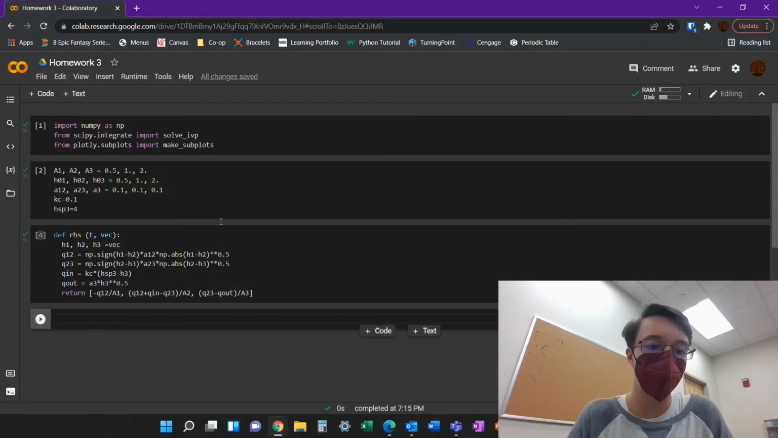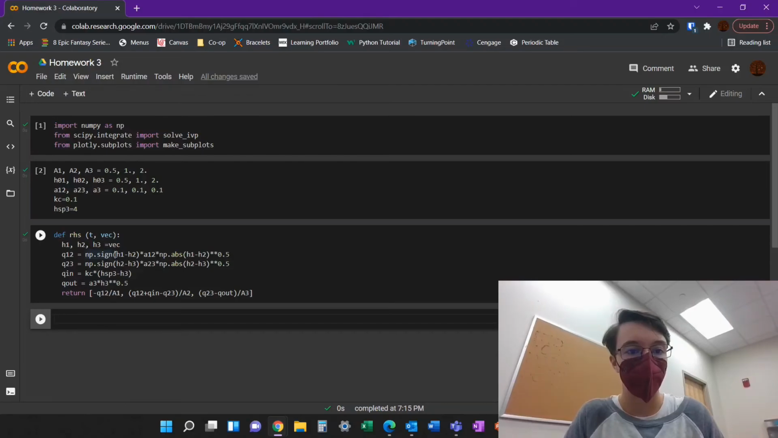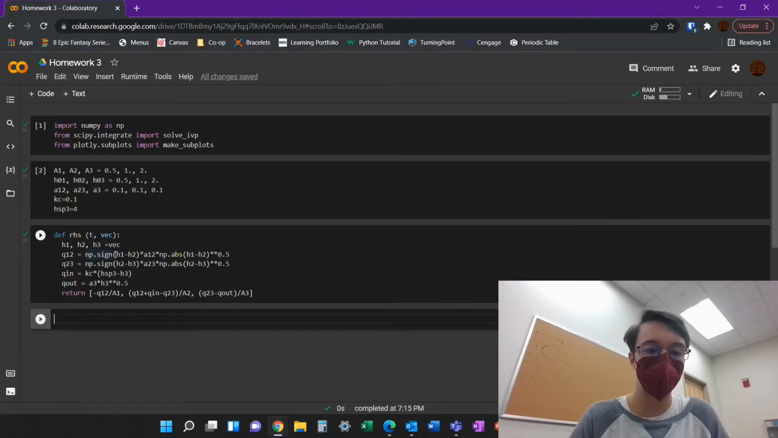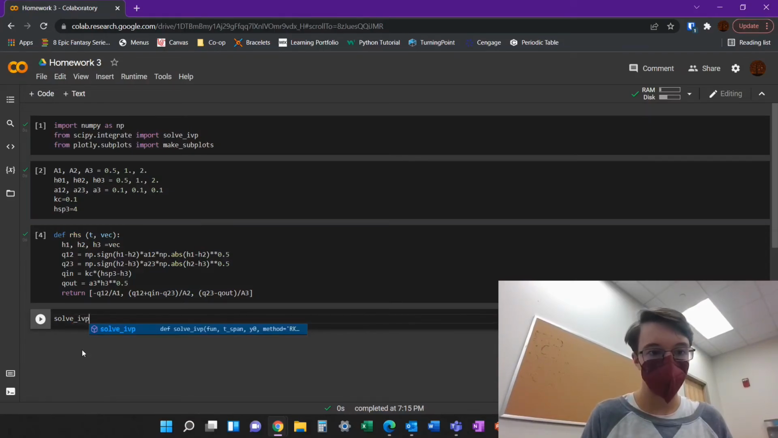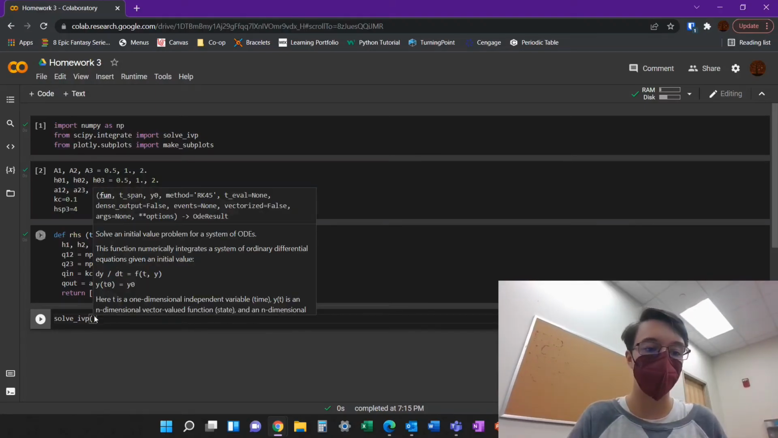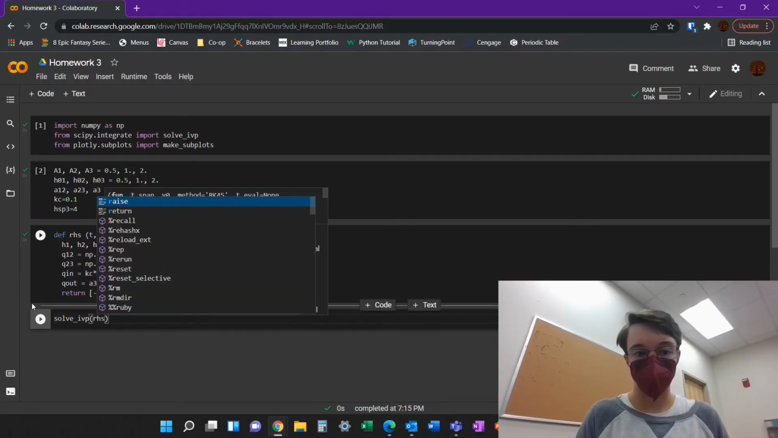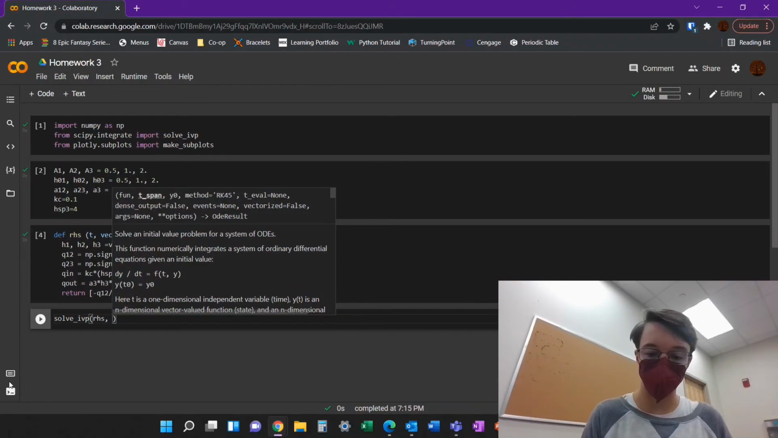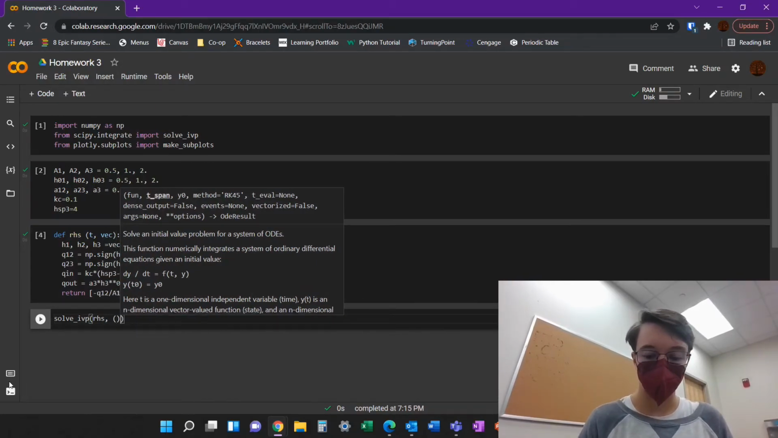Alright, so next we're going to solve IVP to solve these differential equations that we've set up. And solve IVP is just a method in Python to solve differential equations. So first we're going to call the function, and then we're going to need to give it the function that we created that has the differential equations that we want it to solve. So that's RHS is what we called it, and then it's going to want a range